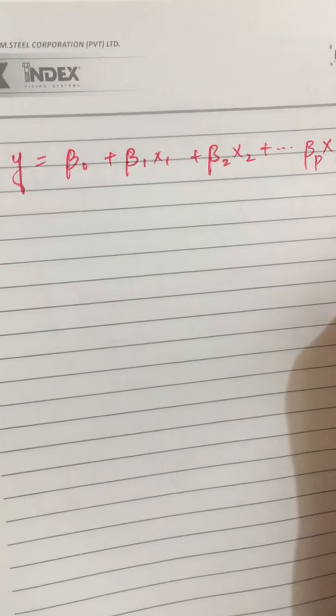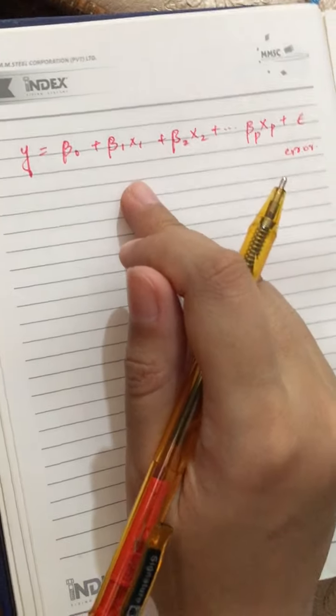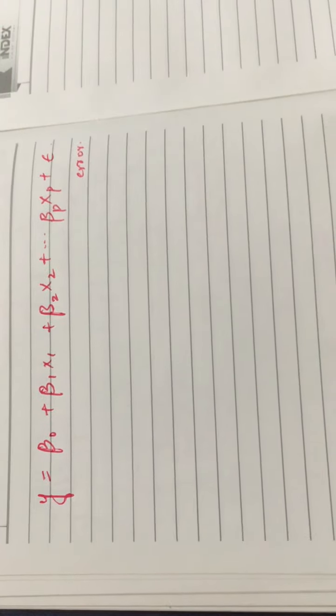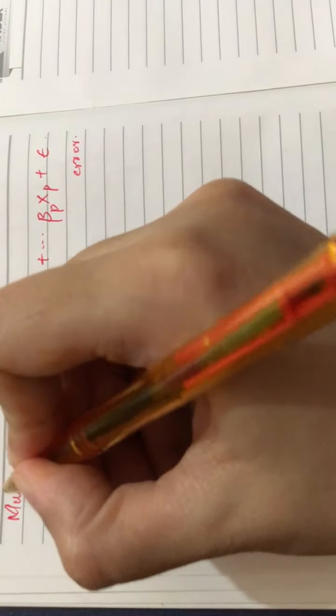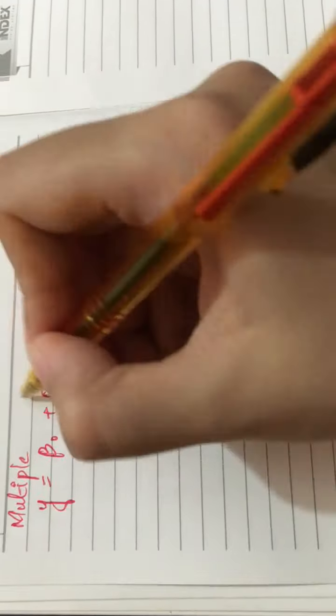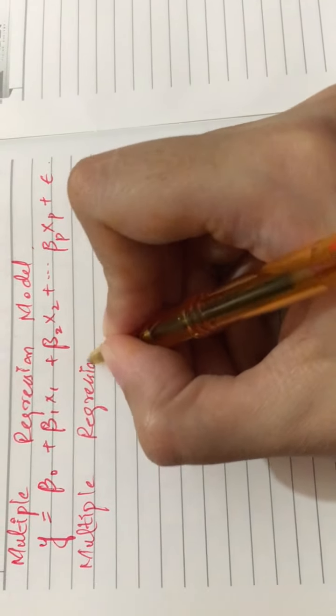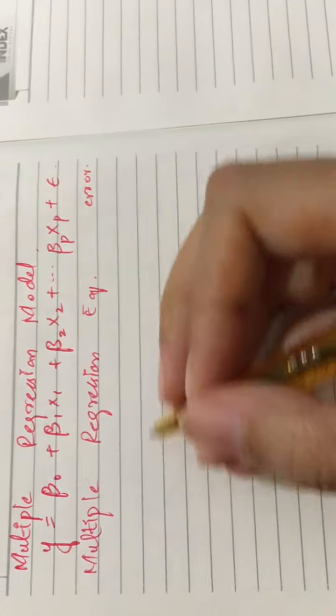This is some error. So this is the equation for the multiple regression model. Next we have the equation of the multiple regression equation. So that is the